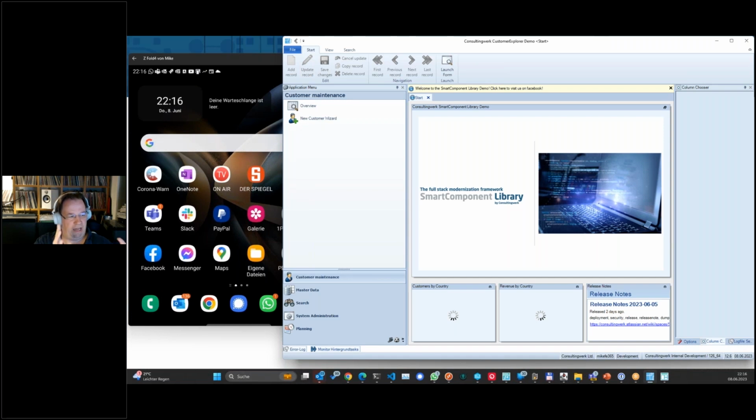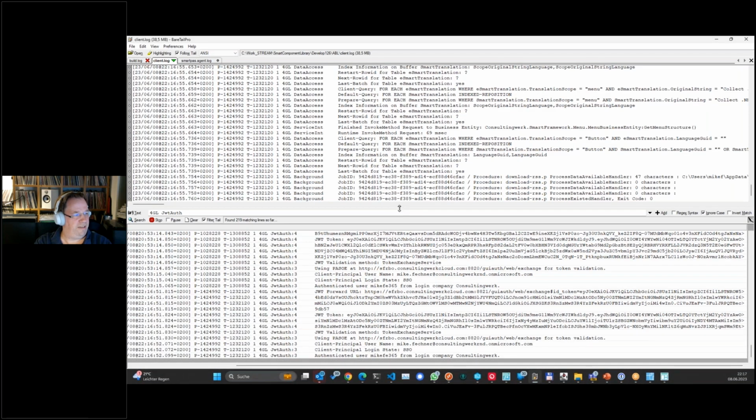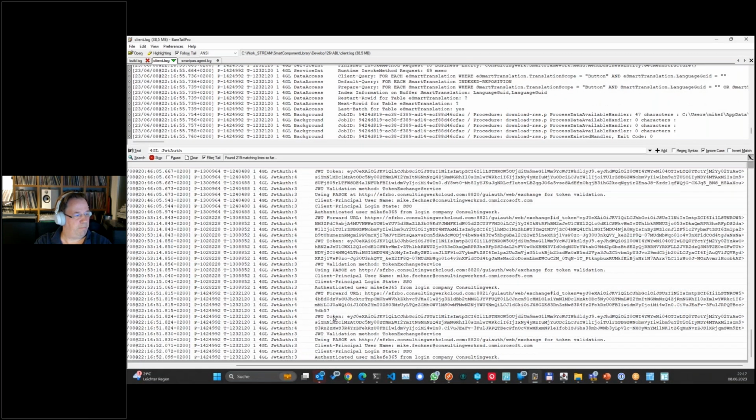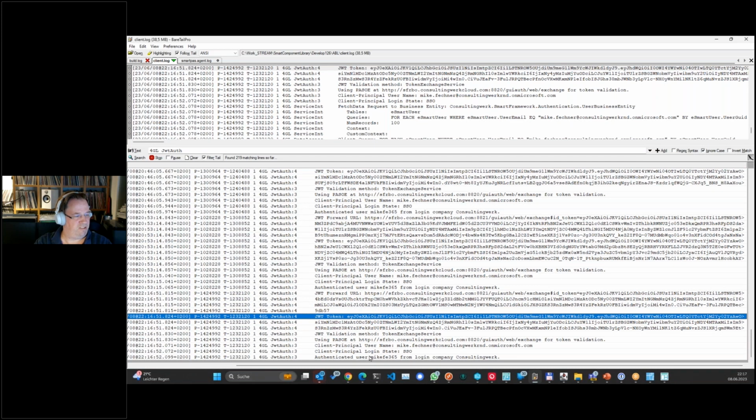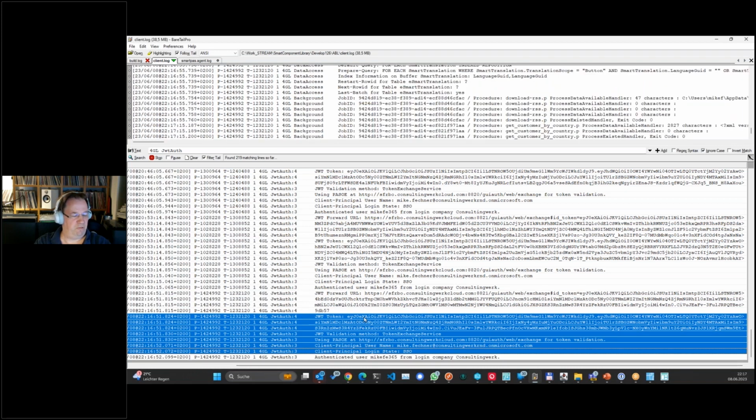So now I have logged in, and I could look in the log file of the application. We see there are a couple of messages which I will refer to in the later course of this presentation about the JWT token that we've received from Office 365, which basically carries the user information. And with this, I'm going to pass to Peter